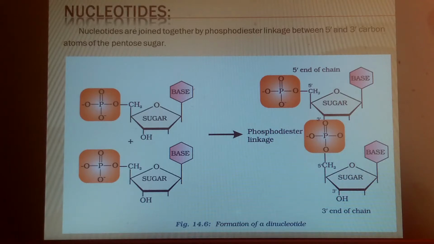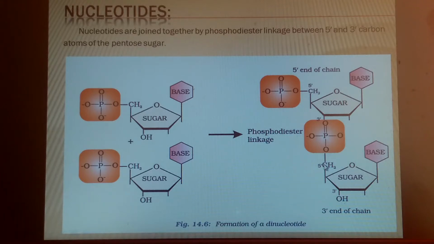So we can make out, the third carbon of another nucleotide is bonded with the oxygen of the phosphate group of the first nucleotide. That is what is called phosphodiester linkage. Why is it diester? It is oxygen here, and again oxygen here. So two ester linkages through the phosphate group. That's why it is named phosphodiester linkage. I hope it is clear. So we have the phosphodiester linkage.